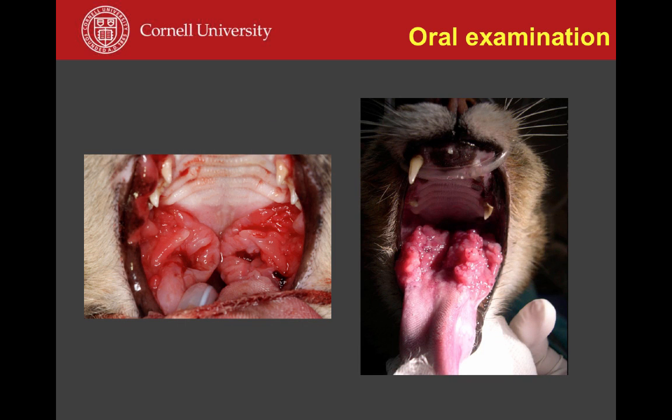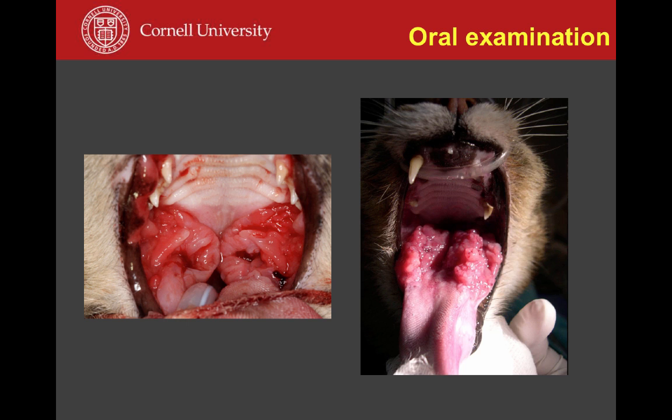I mentioned that some are proliferative, some are flat. I showed you an example of a flat one. This is an example of a very proliferative one. This is another one. This is important clinically because you can have a really hard time intubating these cats when the lesions are very proliferative. In fact, this one that I'm showing right here,